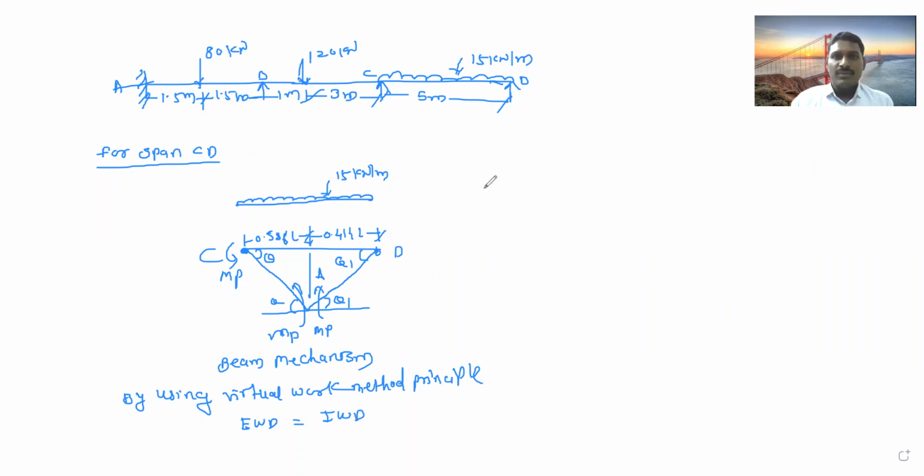So now we will calculate the external work. So calculate the external force. What is the external force? Force into displacement, it is our basic principle. Now,